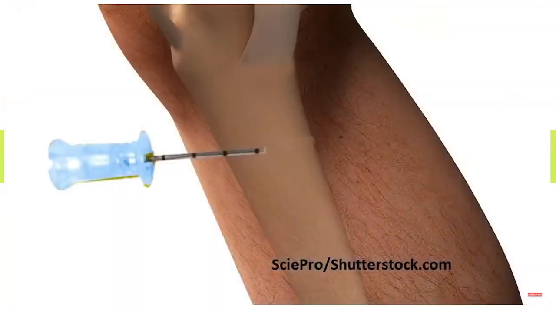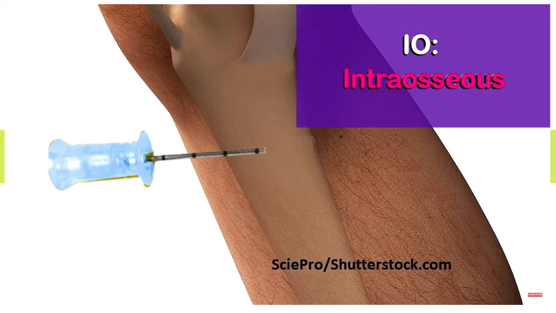Next is the intraosseous route, and this is known as the IO route. Now this isn't very common because it's used in emergency situations, and this is where access is placed in the marrow of the bone. So they may use this site whenever there's a code blue situation and you can't obtain IV access, it's like failed, so they can give medications and fluids through this route, which is going to enter